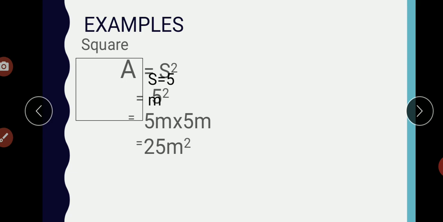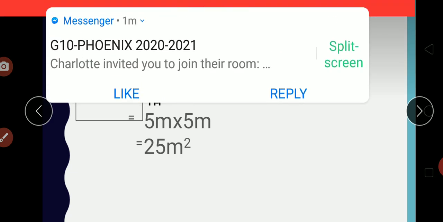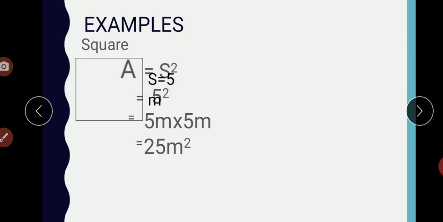So of course, if it is a square, the sides are equal, so there is only one side given. Here it is 5 meters. Based on the formula for the area of a square, area is equivalent to side squared, or side times side. So 5 meters times 5 meters, which gives us 5 times 5 is 25, and then meter